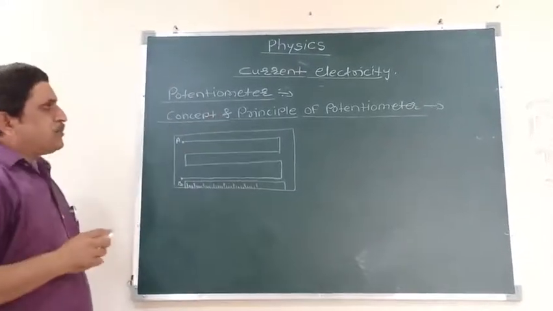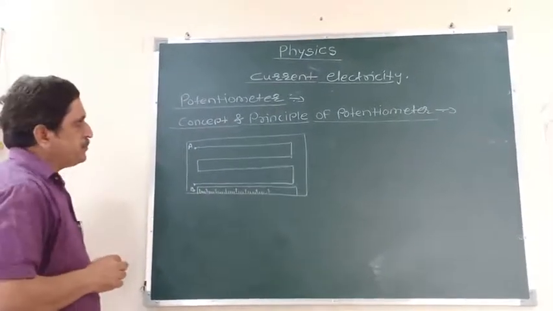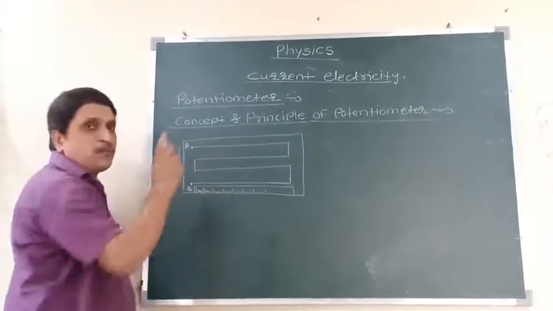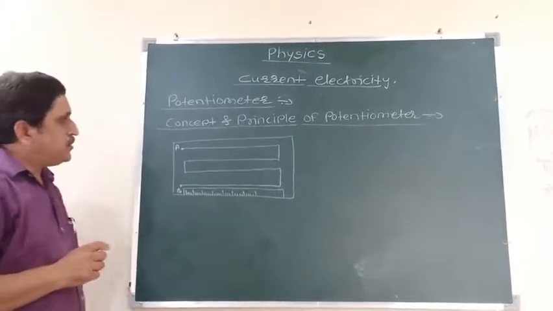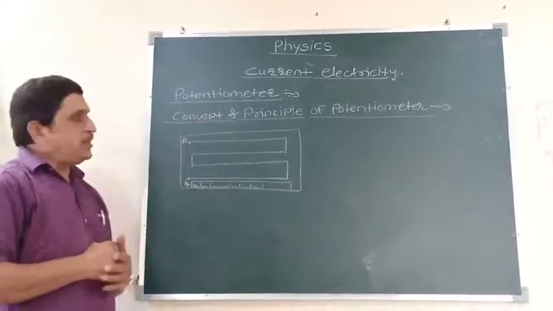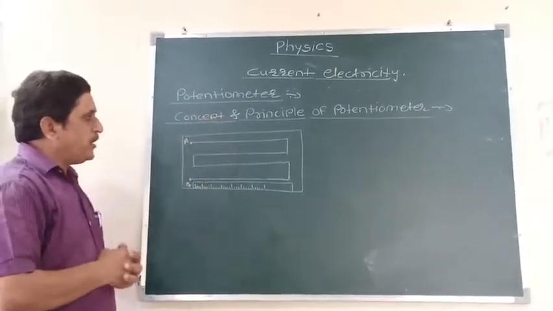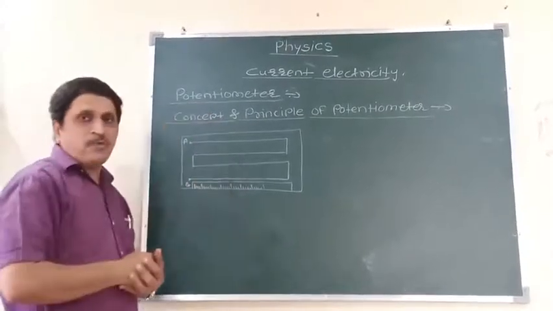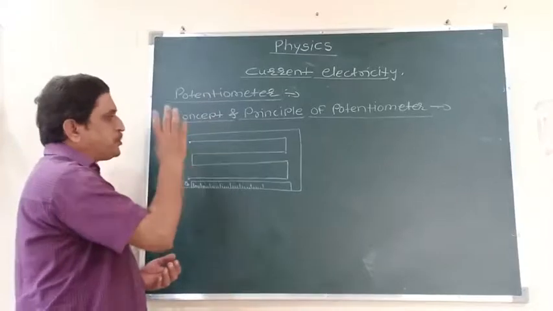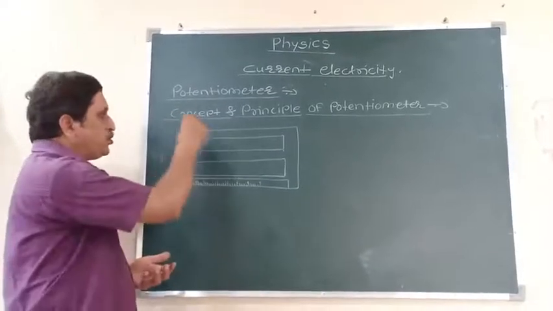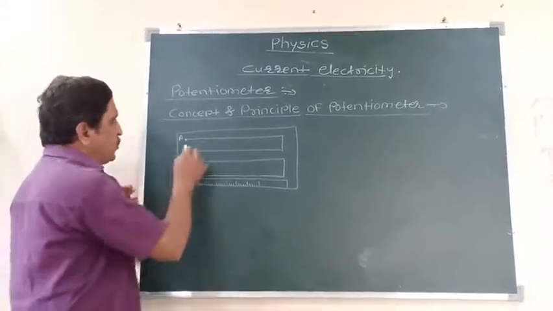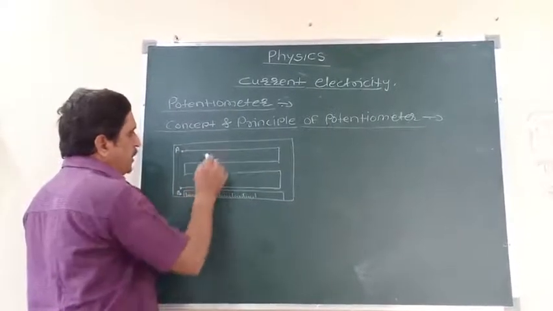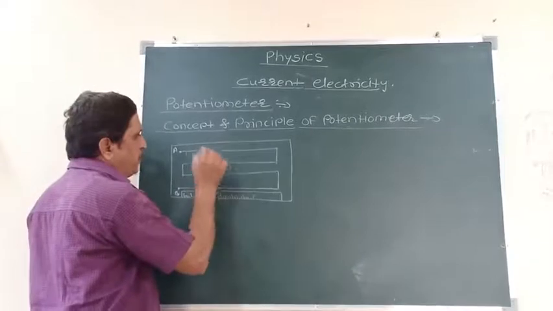According to the concept of potentiometer, we can say that when constant current is passed through the potentiometer wire, then the potential difference between any 2 points of the wire is directly proportional to the length of that wire between those 2 points. For example, suppose from point A to B it is a potentiometer wire, then suppose here we have taken one point P, then